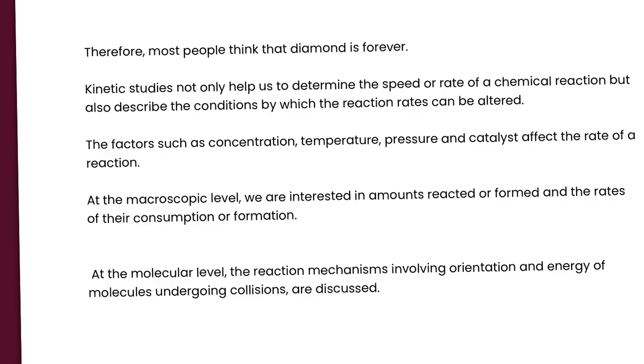If you know that speed or rate, then we can alter its conditions. If the condition changes, the rate also changes. We don't want some reactions to be fast and some slow. Therefore, by controlling, the speed may change. So a fast reaction can be made slow, or a slow reaction can be made fast,